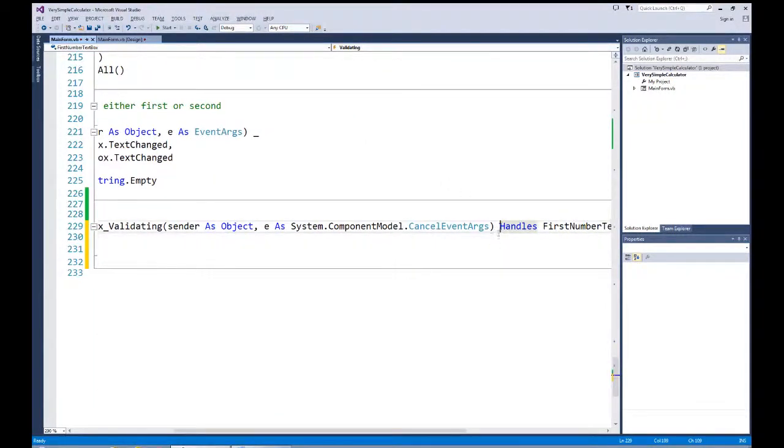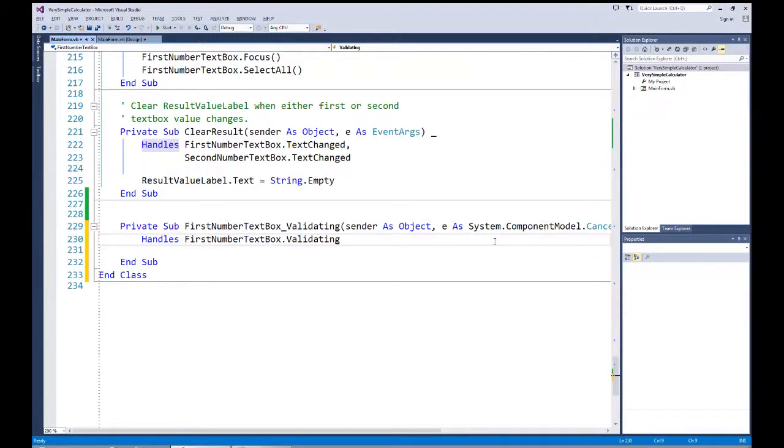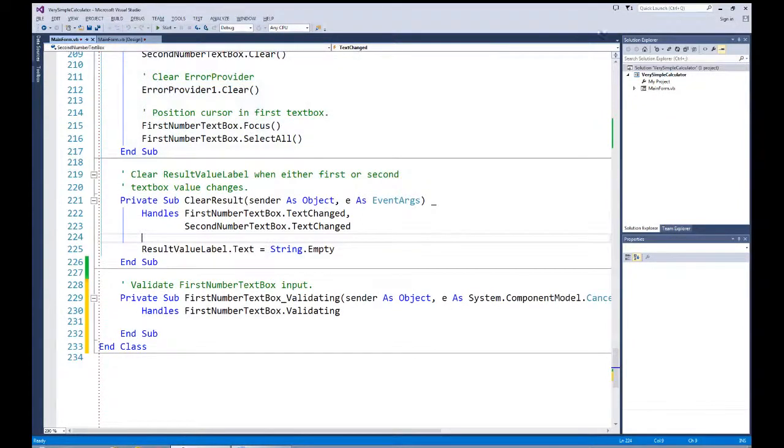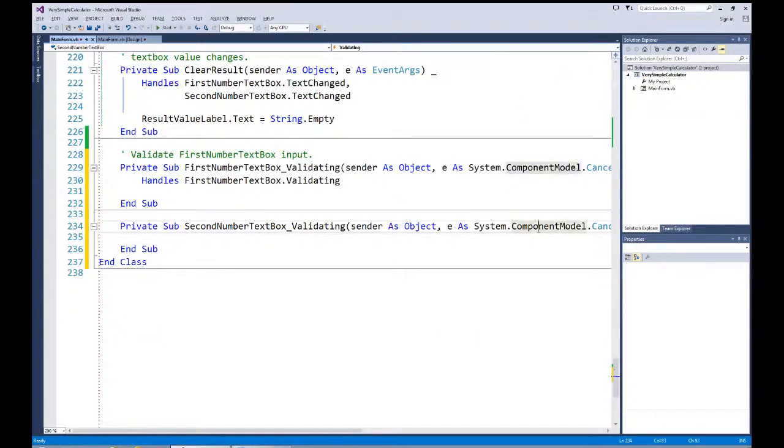And it's got a little bit different parameters that it brings in with the validating event. And I want to document this to say validate first number text box input. Okay, and so we commented this line of code, and while I add it at this point in time, I'll also add the second number text box. So I'll come up to second number text box on my left side and choose the validating event there as well. And I'll get that changed